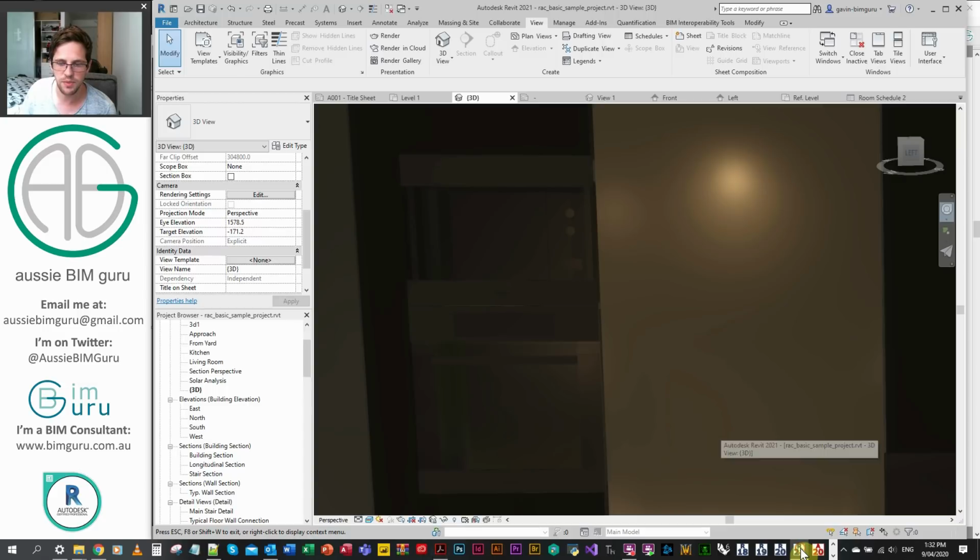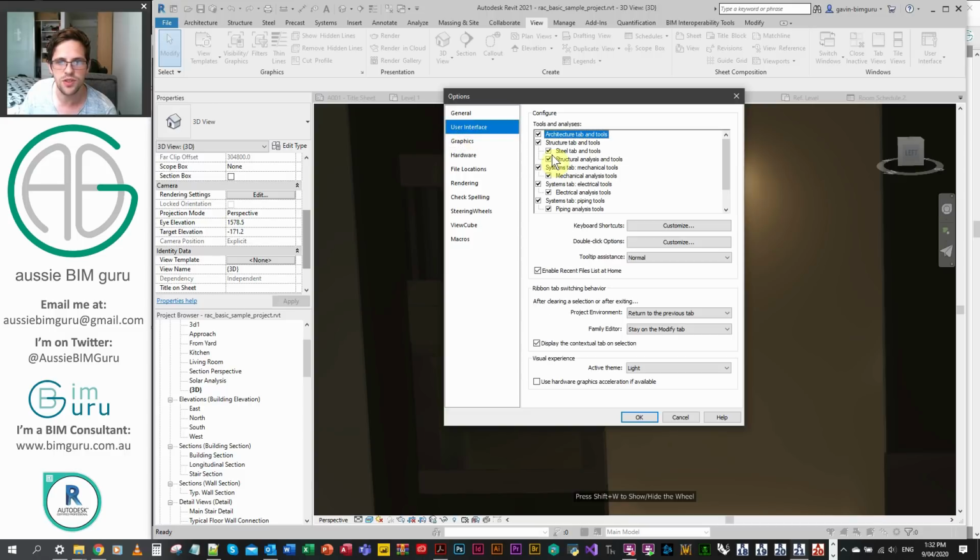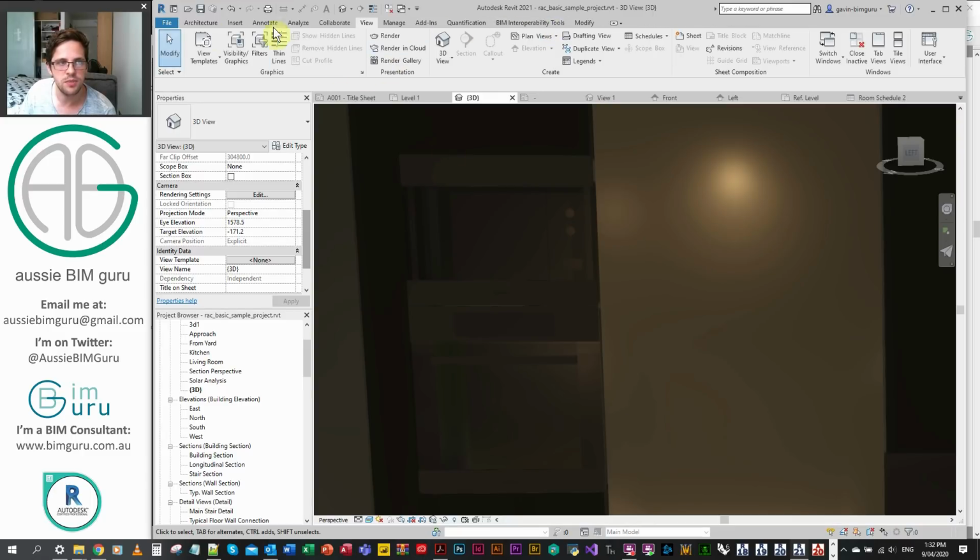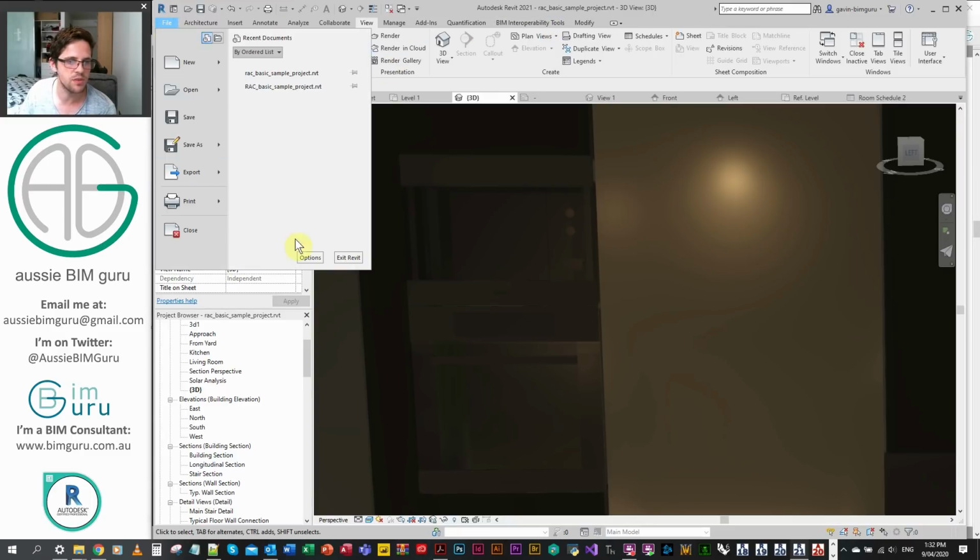If you're like me and you've already pressed don't show this again, you can just go into Options from File, go to User Interface, and turn off whole tabs. I can just say I don't want to see Structure, I don't want to see Systems tabs. Let's turn all of those off. I don't want to see Massing and Site. You can see that it starts limiting what's on your user interface, which is actually pretty handy